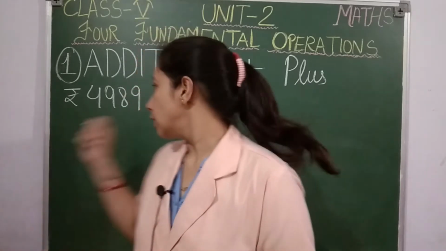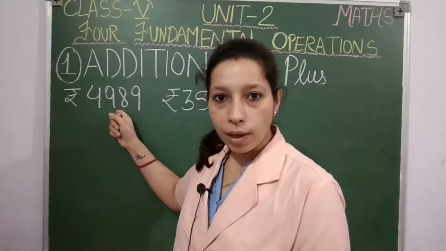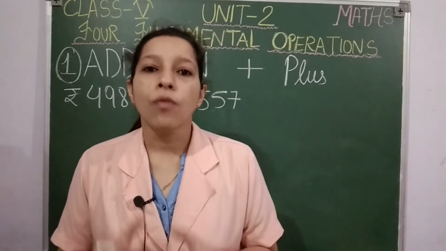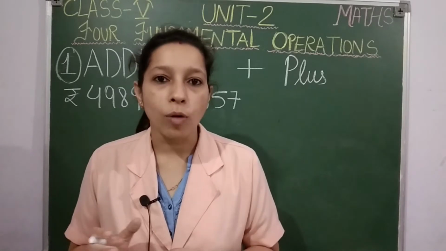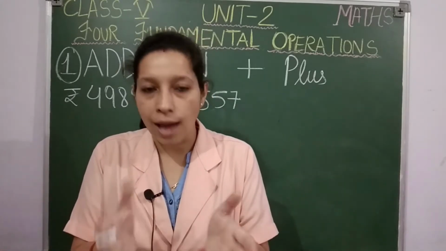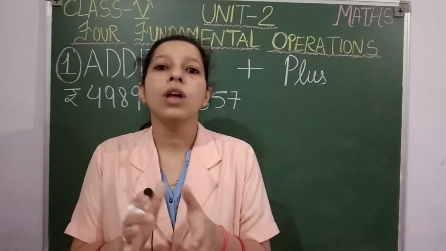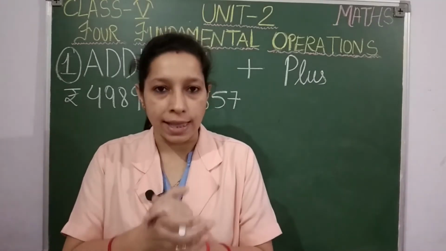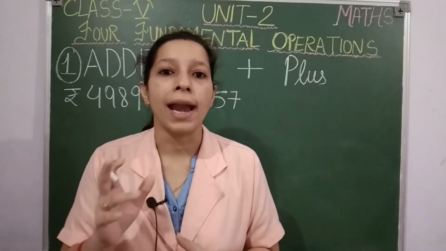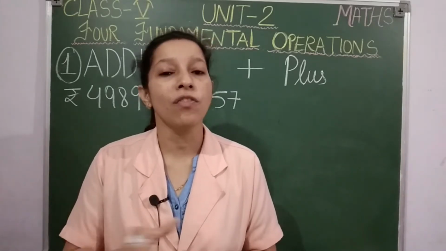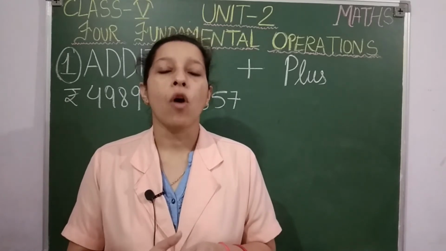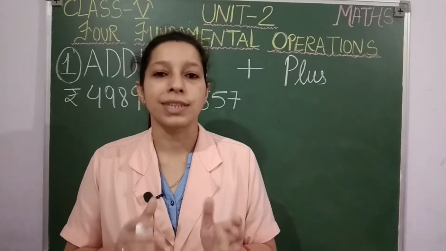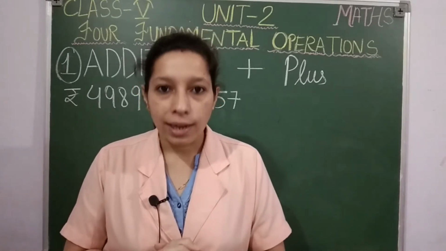This amount was already there in your piggy bank and this new amount you have kept in your piggy bank again. So what will you do now? You will count both the amounts, which are together in your piggy bank. So whenever you are counting something together, that time you are doing the addition. That time you are using the operation of addition. Whenever you want to find the total value or total quantity of something, students, that time you are doing the addition. Clear, students?